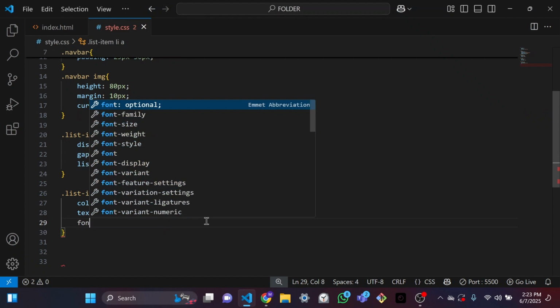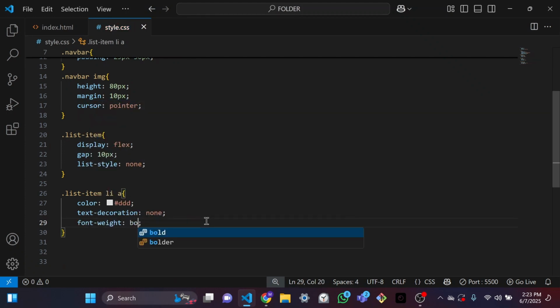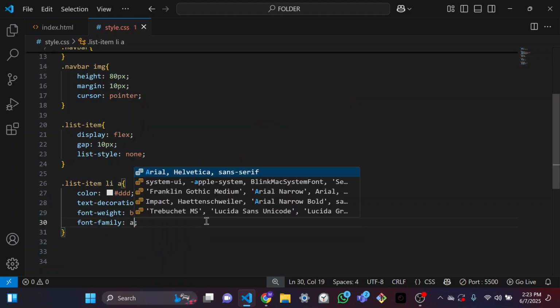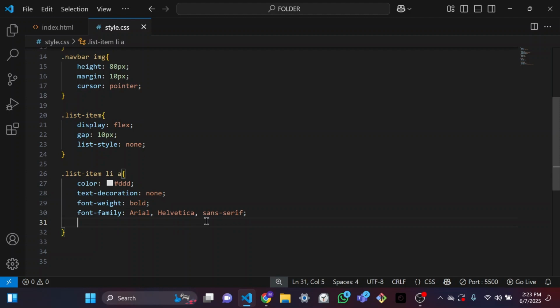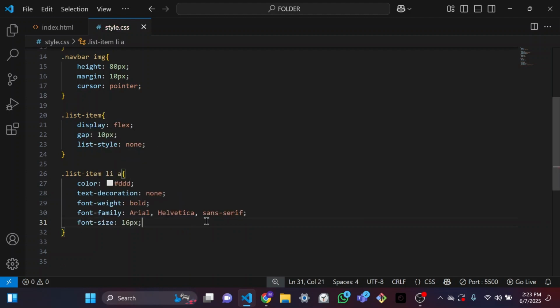Font weight, which will be bold. A font family, which will be Arial, and the font size, which will be 16 pixels. So let me explain this one. So for the font size